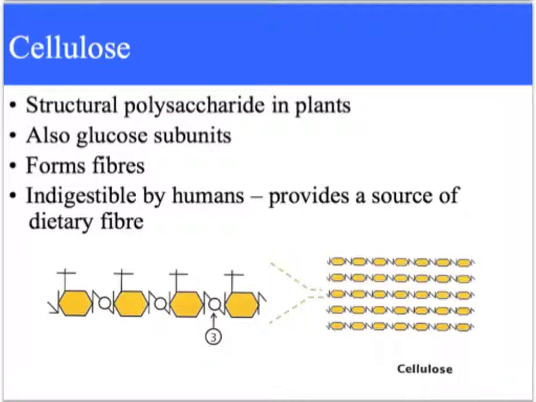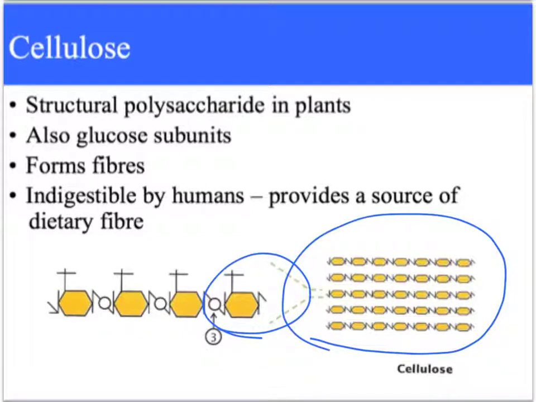They are also glucose subunits. So again, I've got these hexagons. I see hexagons, I see a carbohydrate. They form fibers. In humans, they are indigestible, so they provide a source of dietary fiber. When you look at them over here, you've got these really nice straight lines, which makes them very strong